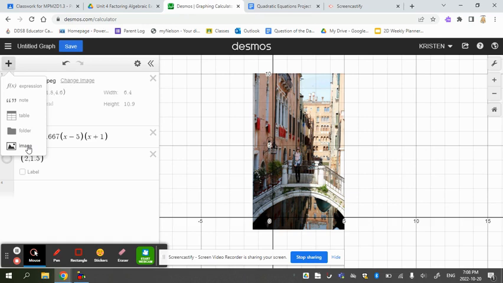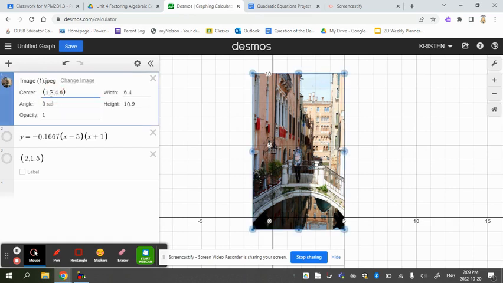You want to make sure you're picking an image where you can visibly see the parabola on it. So if you look at my image here, you can see the parabola down here at the bottom. So I uploaded it to here. The next step is to move it. We want it so that the bottom of the parabola is on the x-axis. To move it, you need to come over here to center and play around with these